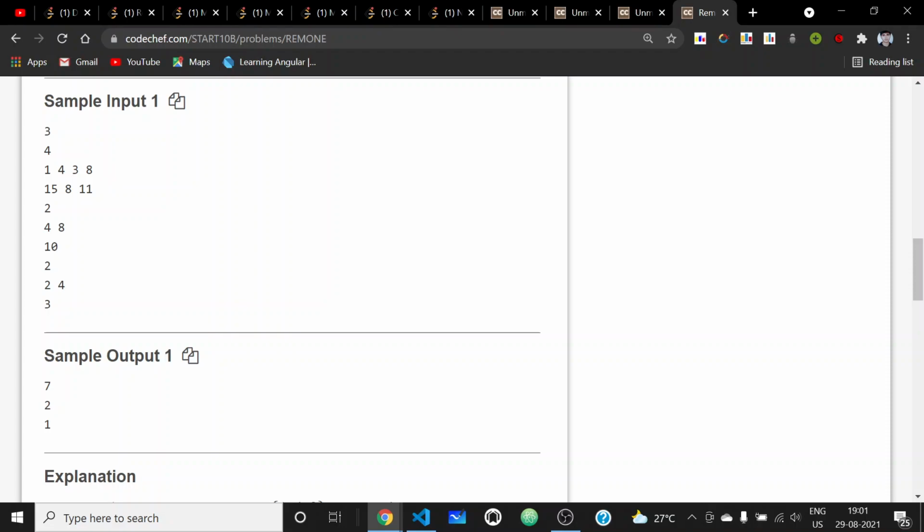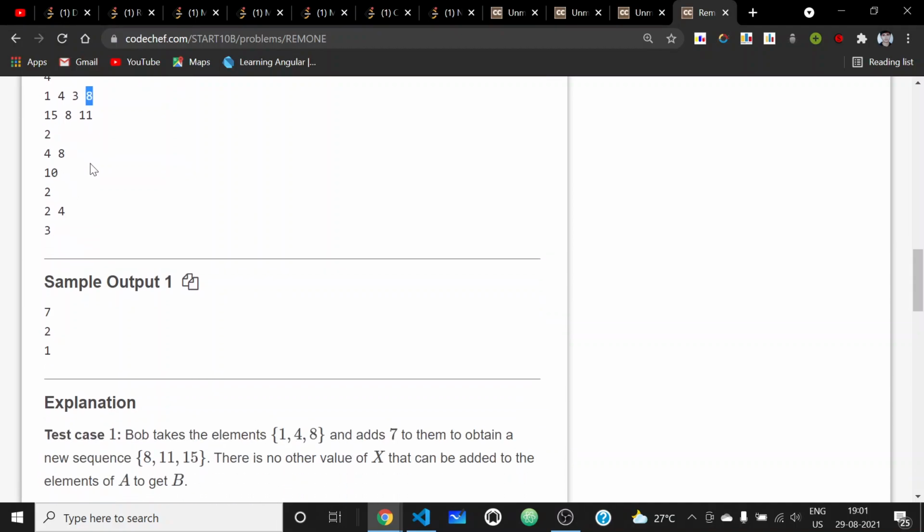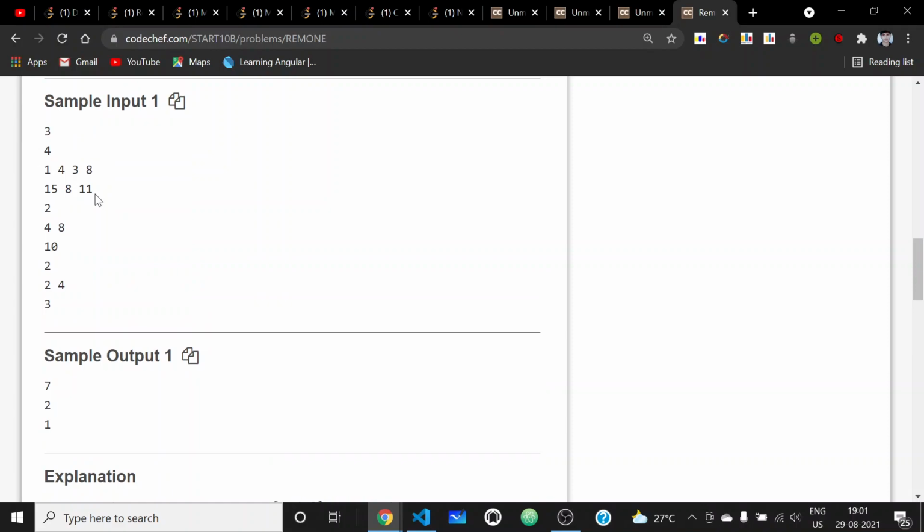It will be possible if this 1 was taken, and this 4 was taken, and this 8 was taken. All of these were added with 7 to form 8, 11, and 15. And here only 7 was possible.